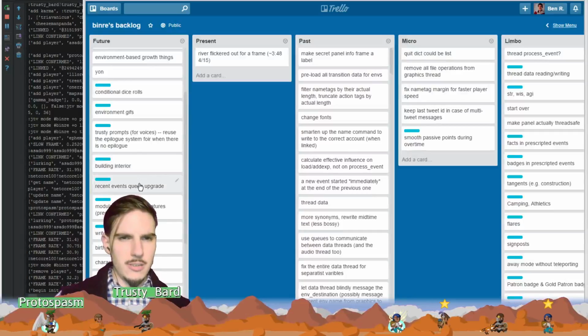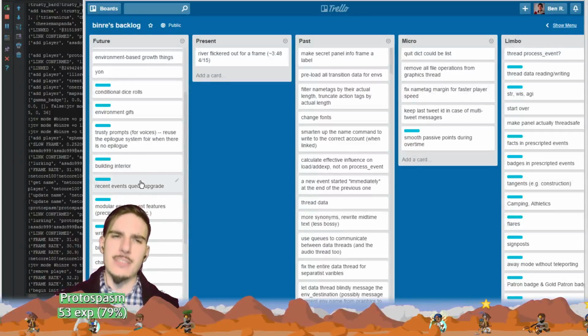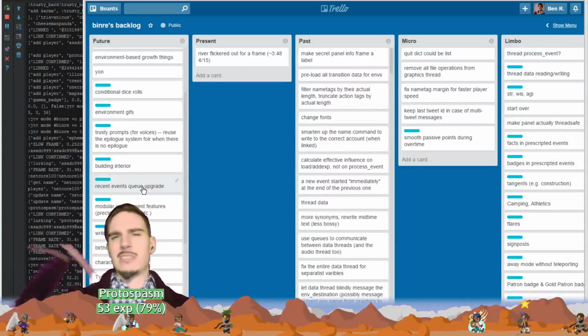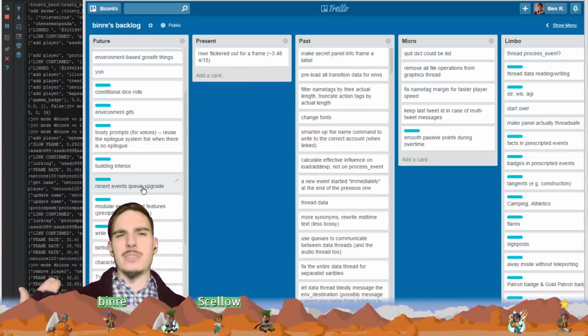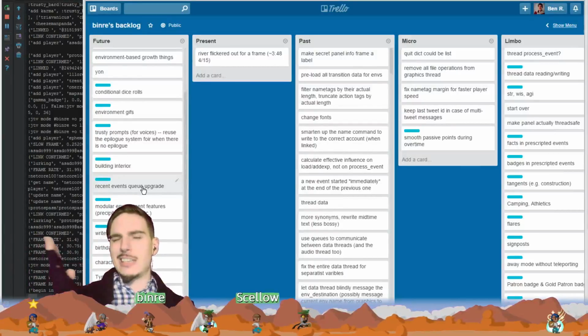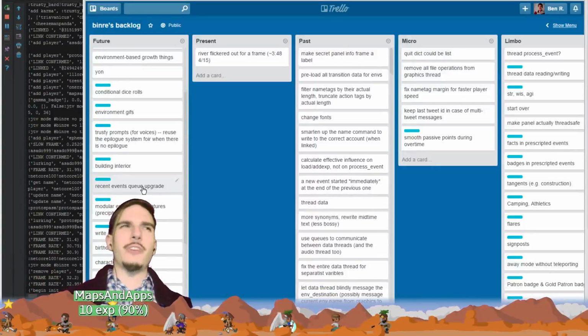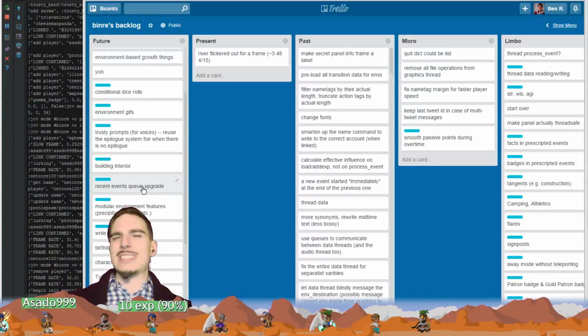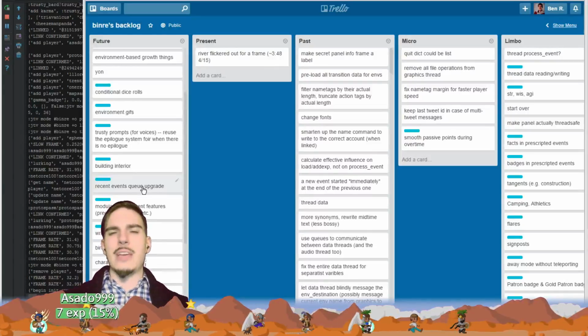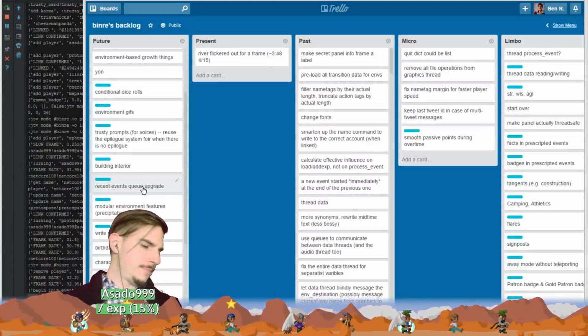So, building interior, recent events queue upgrade. There's a system in place so you don't get the same event too frequently. After an event happens, we keep track of which events have happened recently, and we don't pluck from those. However, the way the system's set up so far, there are some situations where there are only several valid events, and if we shut out all the possible,